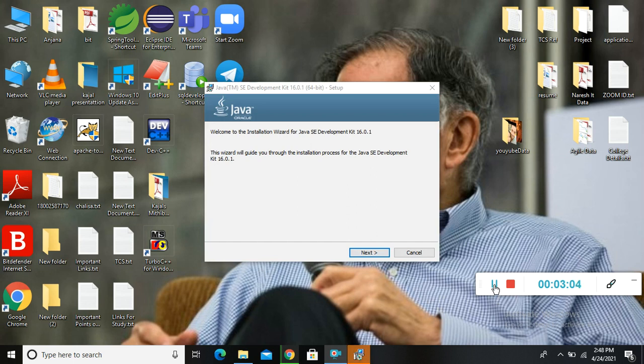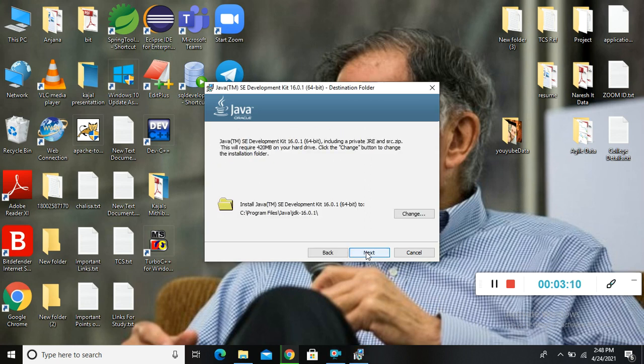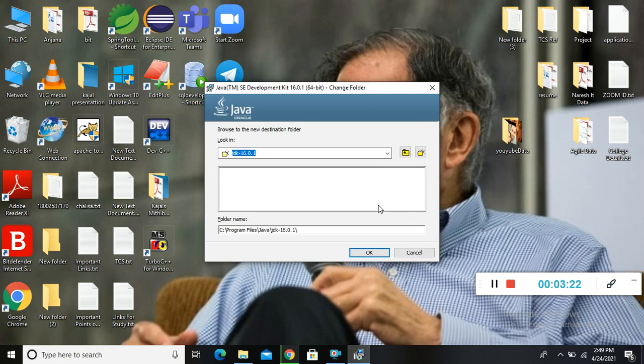So now you have to click on the next button. After clicking next, they will give you the location where you want to install your Java setup. If you want to change your location, you should click on change, and you can give the location where you want to go.